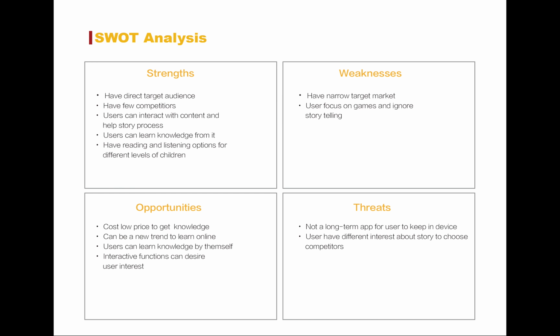I did the SWOT analysis, the strategies. Three Kingdoms has a direct target audience and has few competitors. Users can interact with content and help the story progress by themselves. Users can learn knowledge from them and have reading and listening options. And the weaknesses: the first one is a narrow target audience, and users focus on the game and ignore the storytelling. The opportunities: